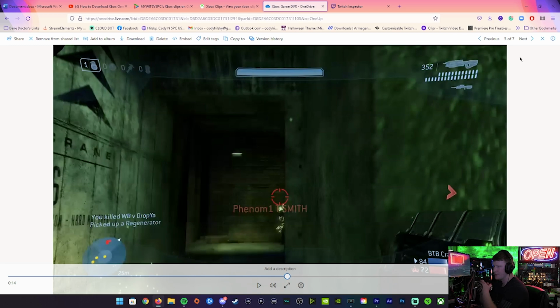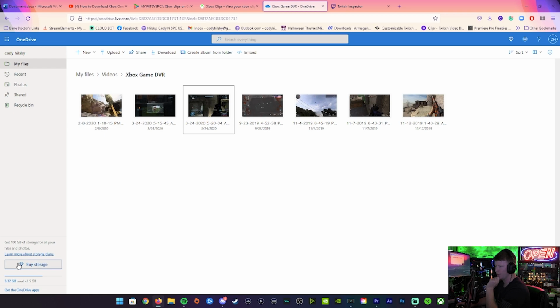It's just the experience most people don't have to understand how this stuff works. So in the end, good quality clips is what we need, and this is one of the ways to do it. Uploading it from the Xbox to OneDrive, and then also you can access it on your cell phone and download it. But another way, if you don't have OneDrive, or if you have an issue with storage, what you can do are,